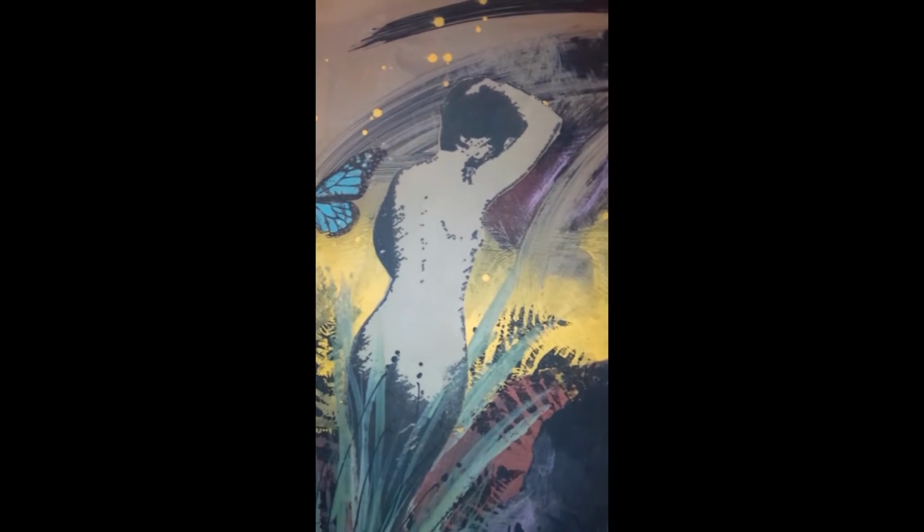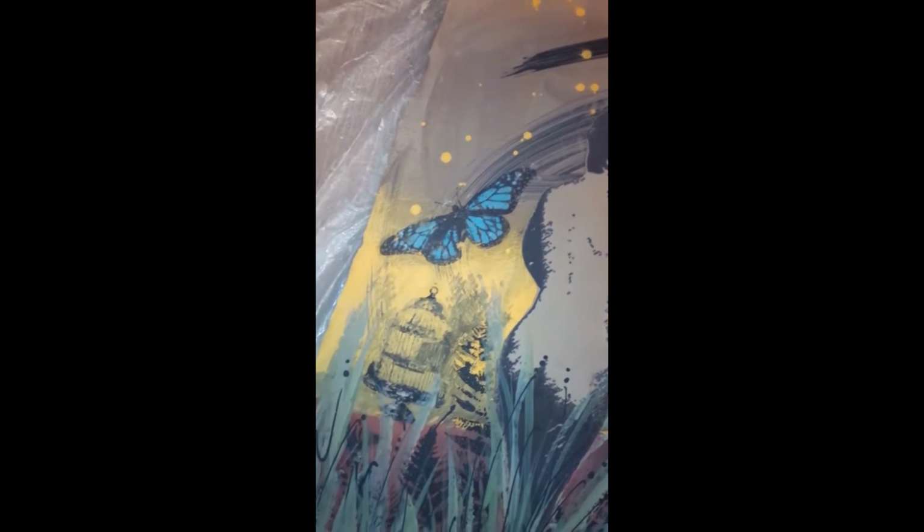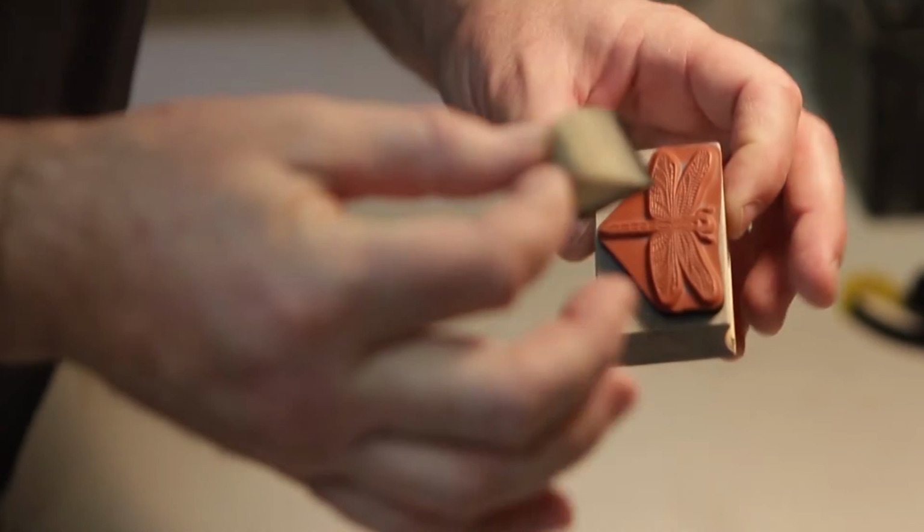So, since I started using imagery in my work, I've come to understand that there's a dialogue between the use of narrative and the ancient art of pottery making. I'm just trying to figure out how that makes sense for me. So here I am